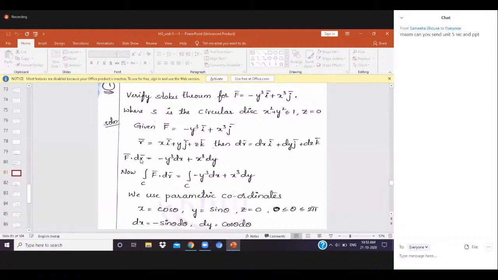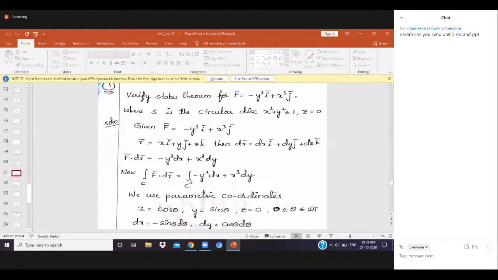Then F bar dot dr bar we are calculating, because r bar we know, and dr bar becomes dx i bar plus dy j bar plus dz k bar. So F bar dot dr bar becomes minus y cube dx plus x cube dy. Then integral over C F bar dot dr bar becomes like this. But here we are taking limits,